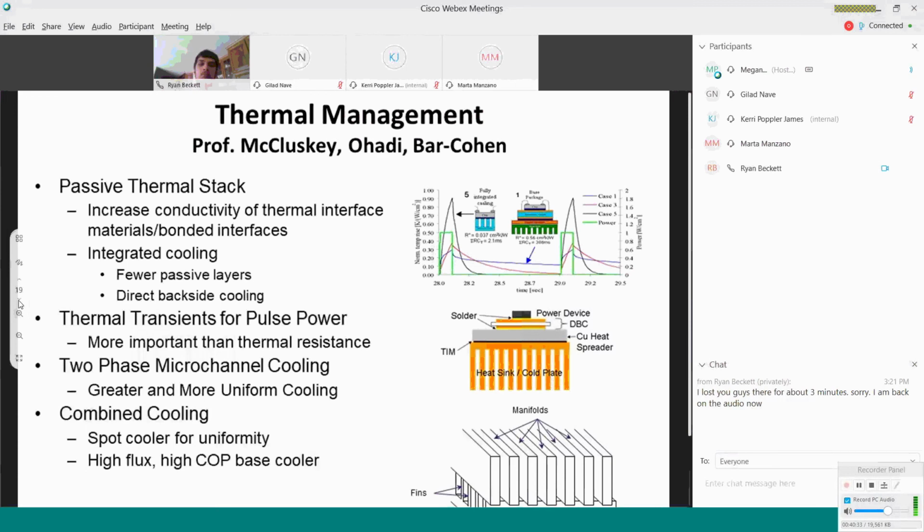In some applications, it's more important that they store the heat, so that you want to pull the heat out of the chip and have it stored in a material that has a high specific heat. In other cases, it's more important to get rid of it right away, in which case you want to pull it out and use the thermal conductivity to dissipate the heat. So the first step is to stack these materials on different thermal interface materials that can spread and store or remove the heat.